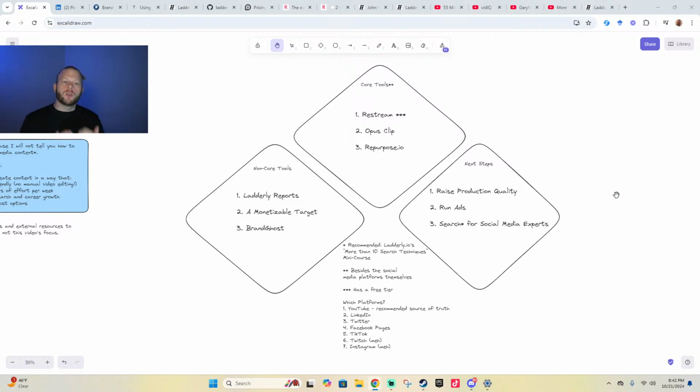TikTok, by contrast, which is often touted as a nice entry point for social media content creators because you can grow quickly despite a low quality of post content. Still, it's not a good driver for this process because their API integration is second best and their analytics are second best. So there's a lot of friction there. I'm a big fan of TikTok. I have more followers on TikTok than I have on any other platform. But for this process, it's second best. It's not the main driver of the process.